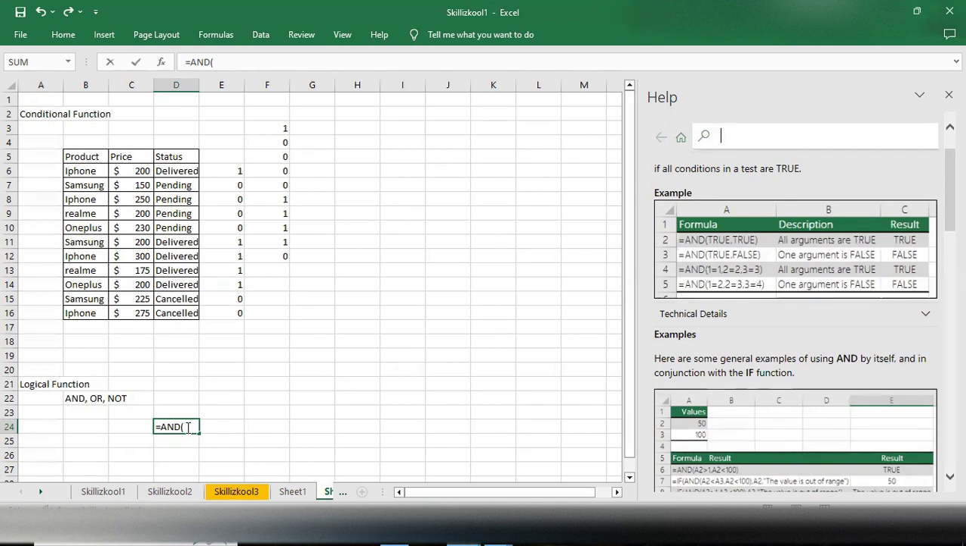So the syntax of the AND function is that it takes the arguments logical test 1, logical test 2, and carries on. It will always give you the result in Boolean. Boolean means either true or false. So you can see here in the example that